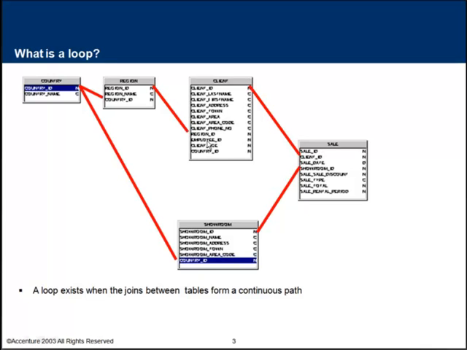And the second type of technique is if you have more than 3 tables and one fact in the loop, that time you need to go for alias. And the third type of technique is if you have more than 3 tables and more than one fact table, that time you need to